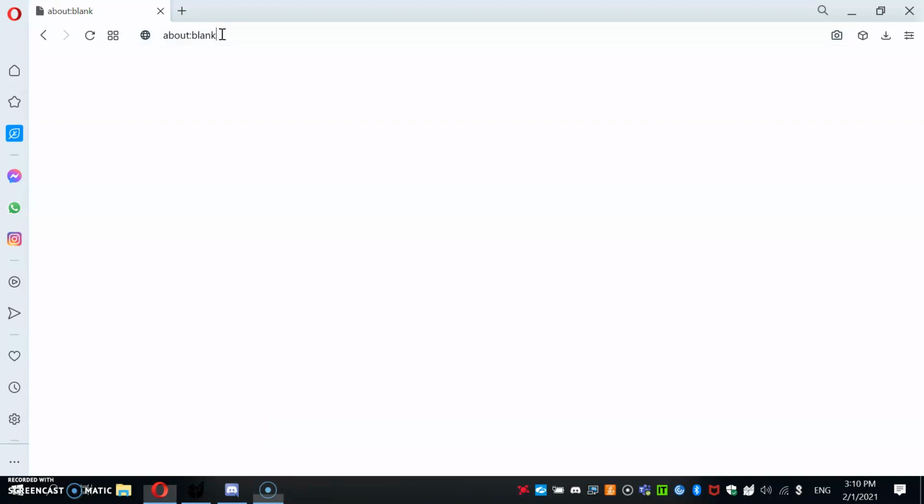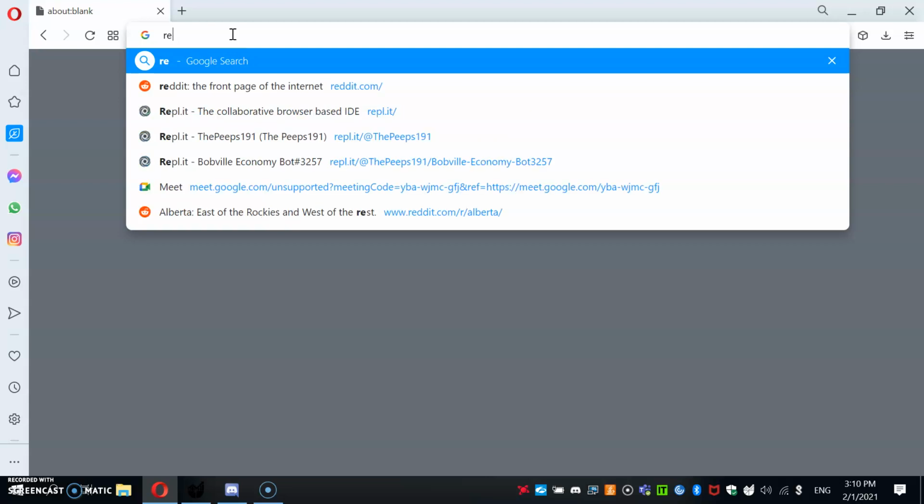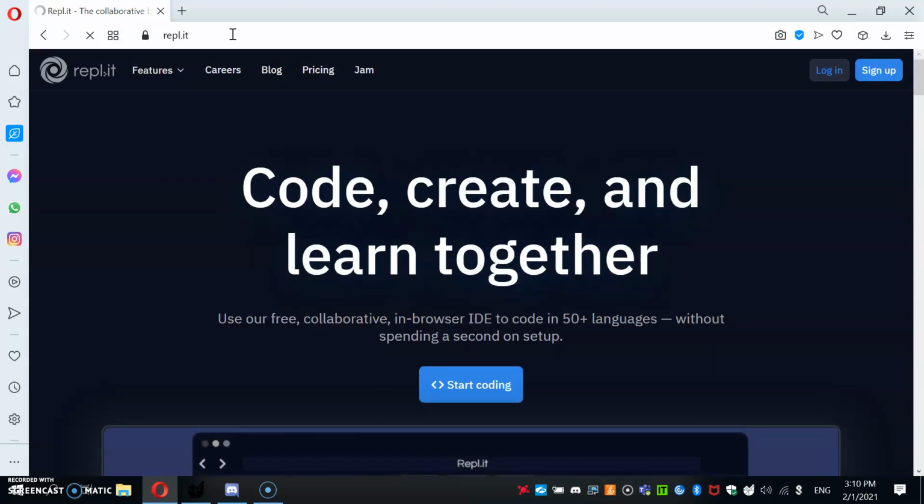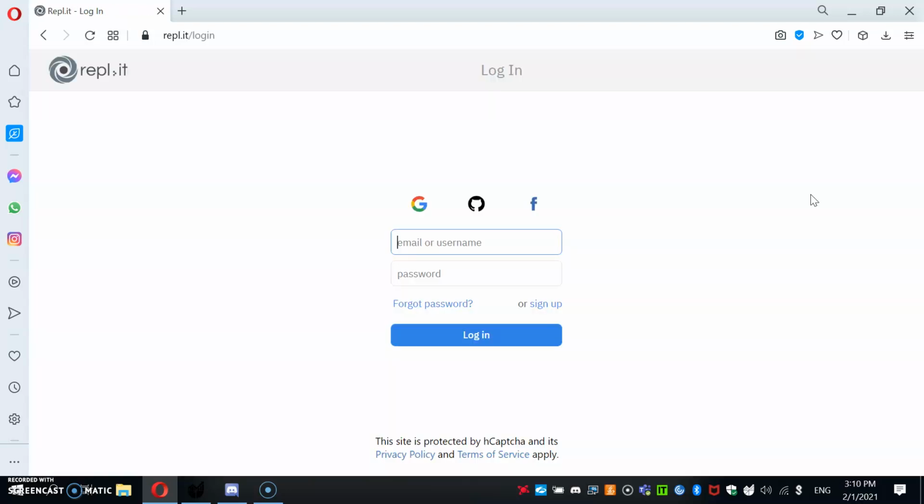First go to REPL.it, then you can just log in. I already have an account. If you don't have an account, you can just sign up. So mine is Spot sign,